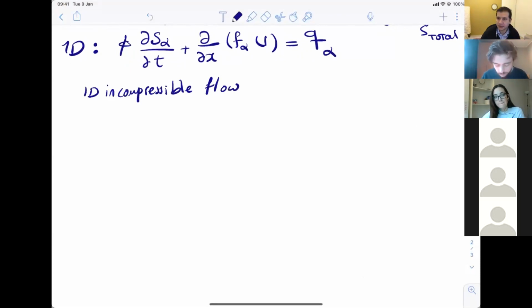One of you texted in the message, why would you assume rock is also incompressible? It's just an assumption. This is the fundamental basis of the rest of the simulation courses that will follow through your entire program. So this is the most fundamental and basic way of teaching, and we would rather not overcomplicate the system with no purpose. So we start with this simplest case, which is rock is incompressible, fluid is also incompressible. Next quarter, we have a dynamic modeling simulation course where we actually relax the two assumptions. Fluids can be compressible and rock porosity can change as well. So, 1D incompressible flow,